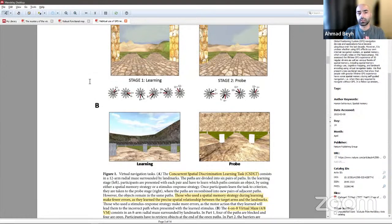And then they are presented with another pair of paths and another pair of paths and another pair of paths. And you see examples here. It's like 1 and 2, 3 and 4, and so on and so forth. But only in one of them is there an object of interest that they need to retrieve. And you can see that in the back there, there's a landscape that they can see. So they can have this representation of knowing where things are relative to other things in the environment, and so